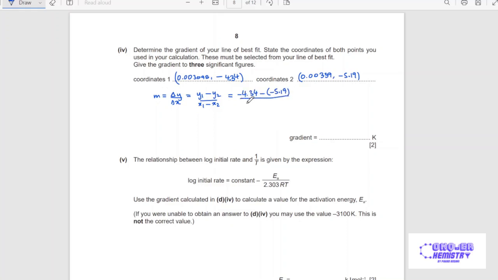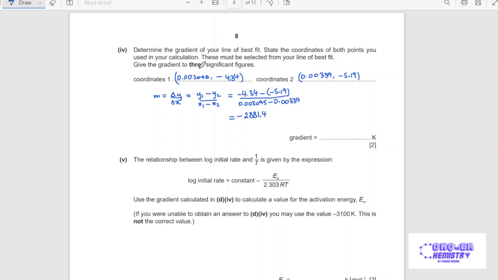And then we divide this by x1, which is 0.003095 minus x2, which is 0.00339. All right. So this is going to give us an answer to the gradient that we will use in the next part. So the gradient turns out to be minus 2,881.4,